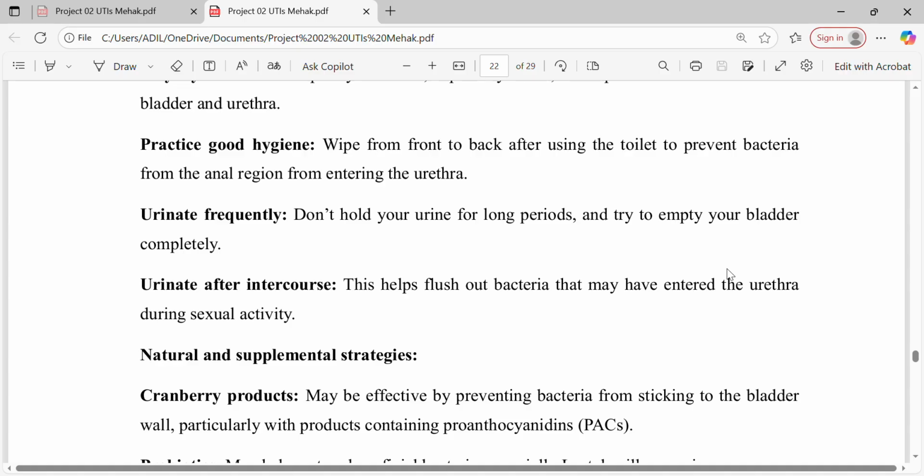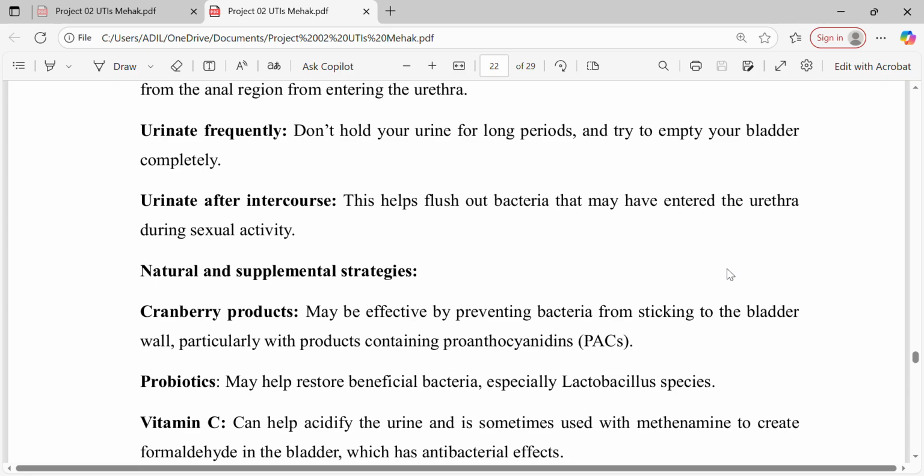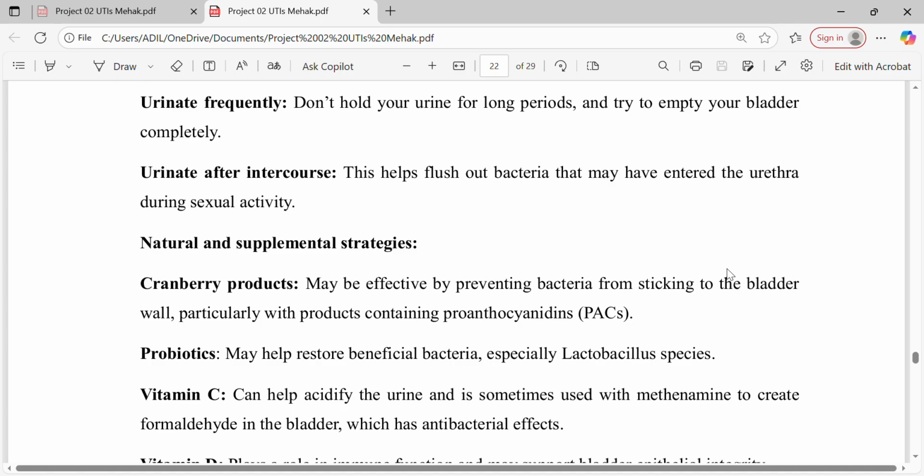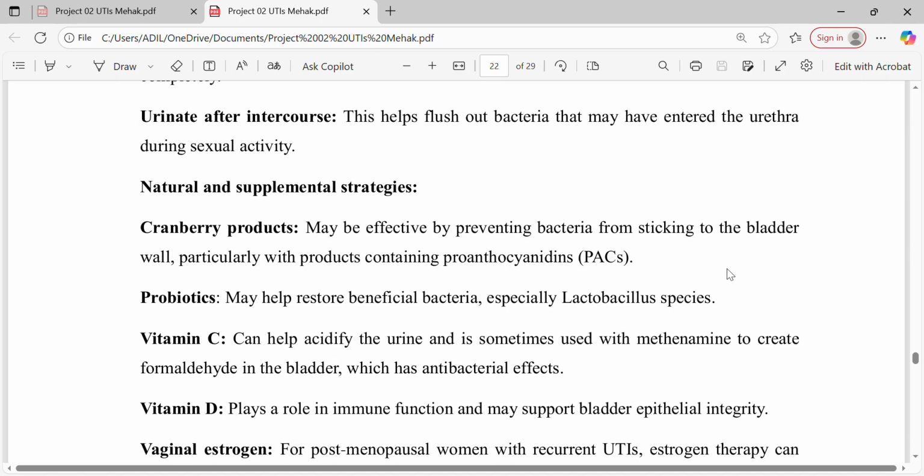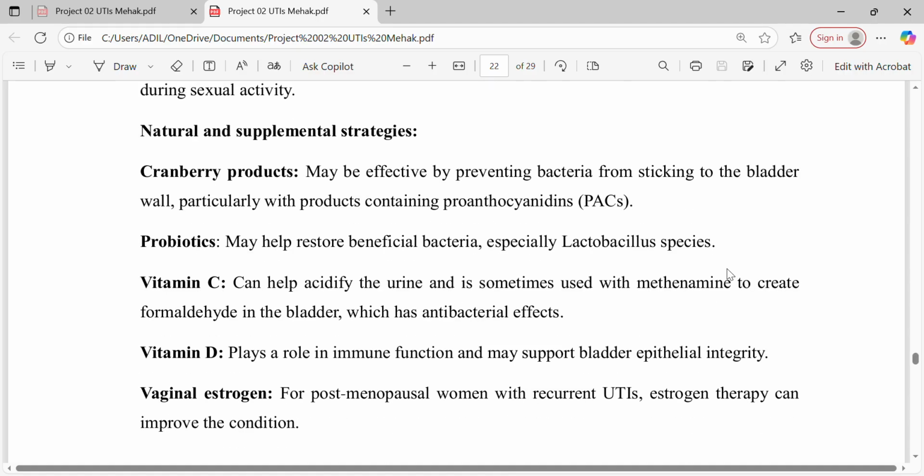Natural and supplemental strategies. Cranberry products may be effective by preventing bacteria from sticking to the bladder wall, particularly products containing proanthocyanidins. Probiotics may help restore beneficial bacteria, especially Lactobacillus species. Vitamin C can help acidify the urine and is sometimes used with methionine to create formaldehyde in the bladder, which has antibacterial effects. Vitamin D plays a role in immune function and may support bladder